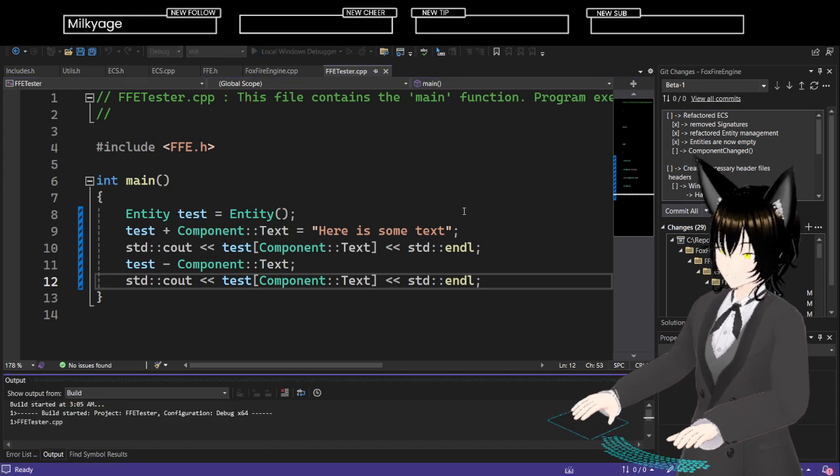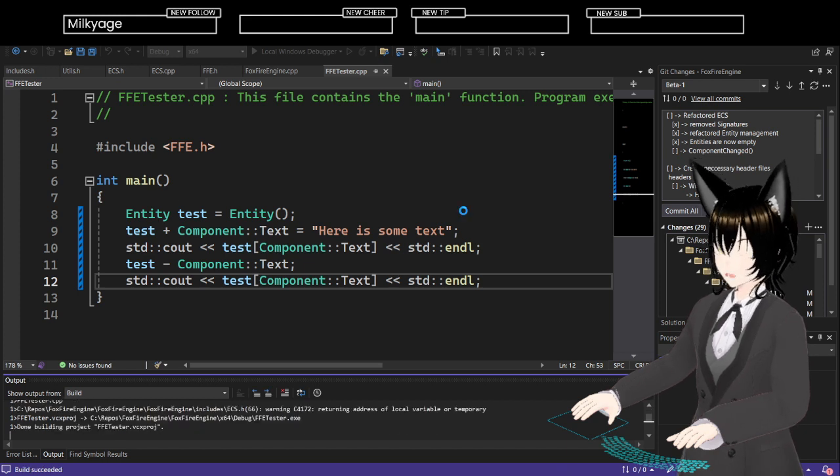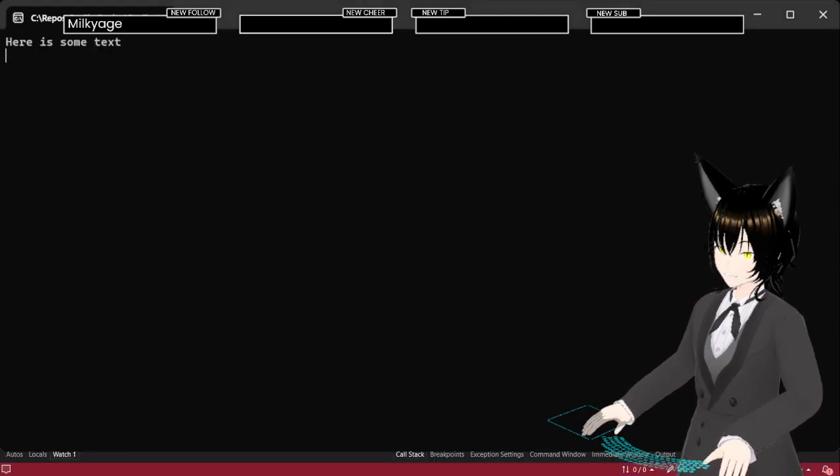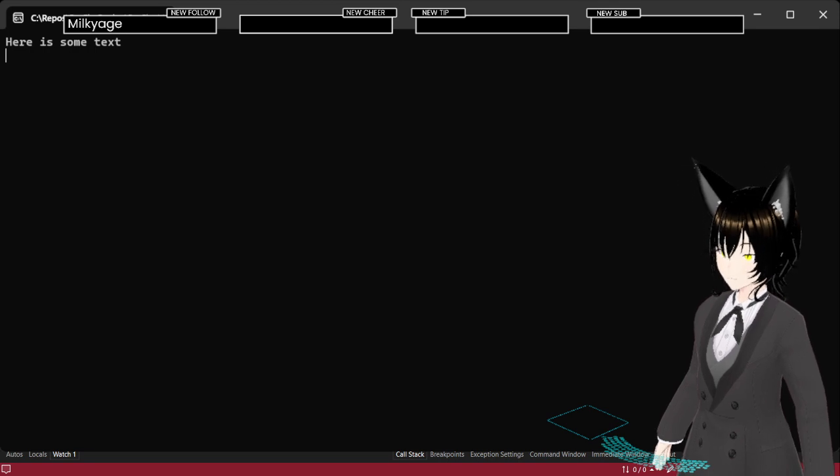This should work. So it should give me null. Should give me null. Right. Oh, it's still saying some.